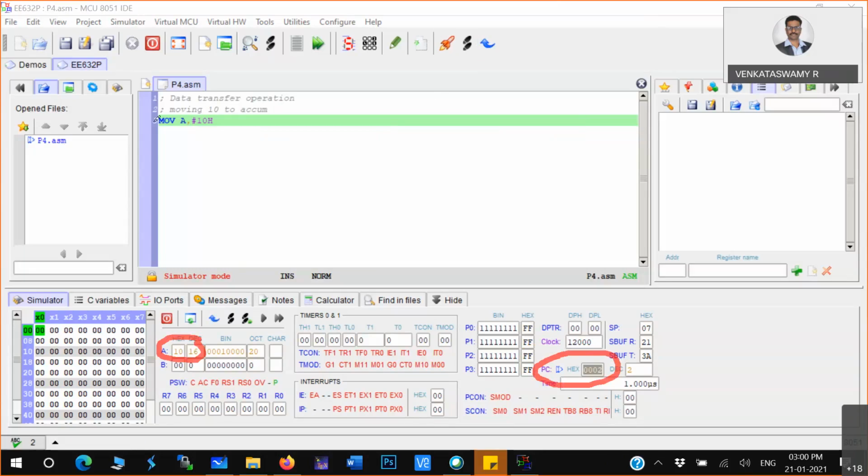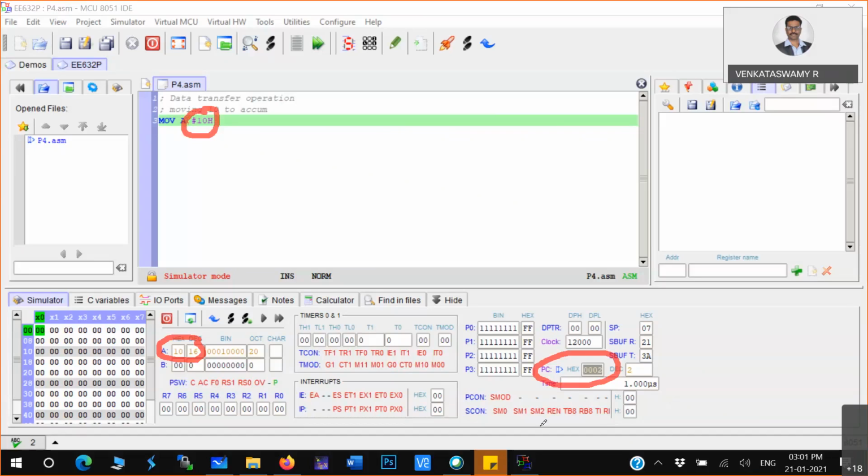So MOV A is the instruction present in the 00th location, and in the 001th location the 10 value is present, the data. So it went to the 002th location, searching for the instruction at that place. You understood? That is how this assembly program works. This kind of reflection happens in the microcontroller.